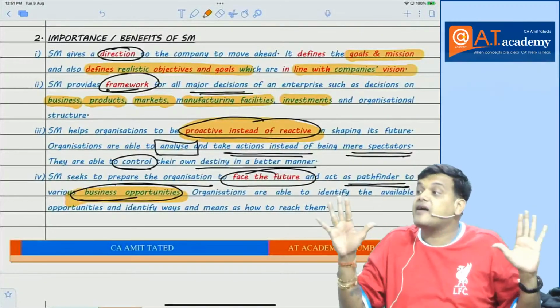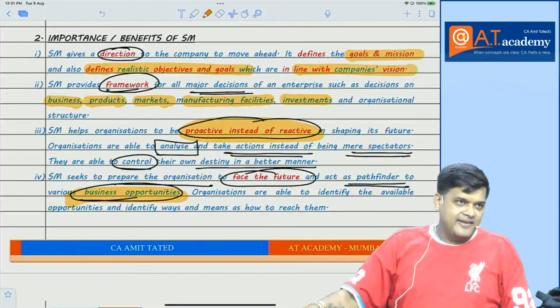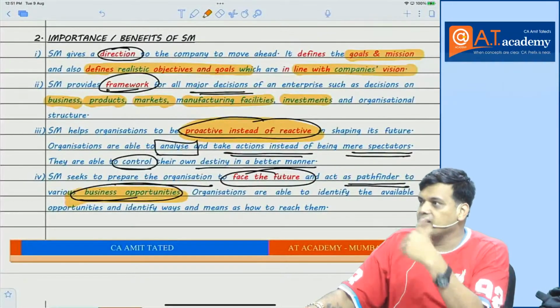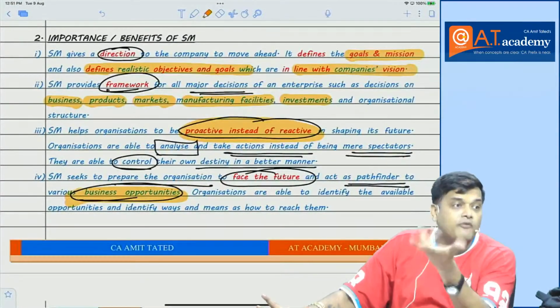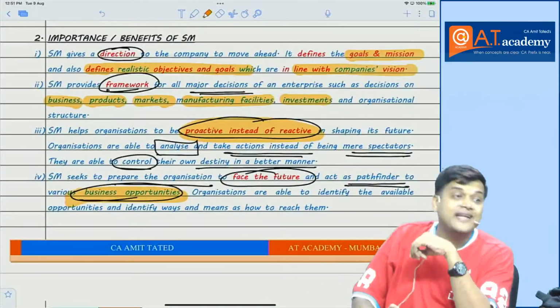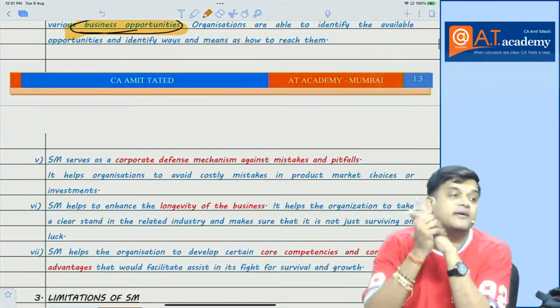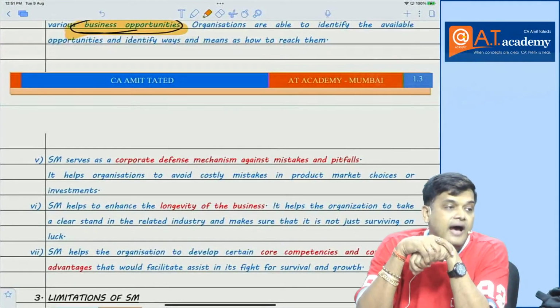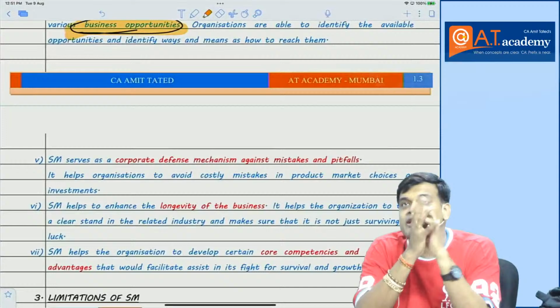surprise. That will never happen. There will be no surprise because you are planning for it. Are you getting the point? There will be no surprise element, because you have done the analysis and then you plan. So it acts as a corporate defense mechanism against mistakes and pitfalls. You already know, a lot can go wrong if by chance I mistakenly selected